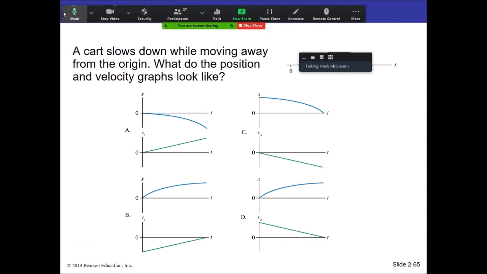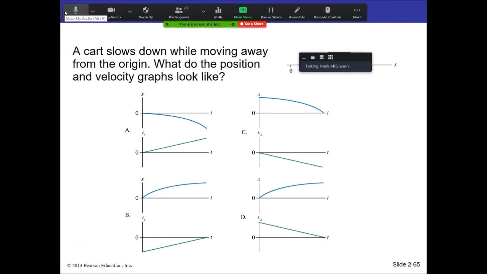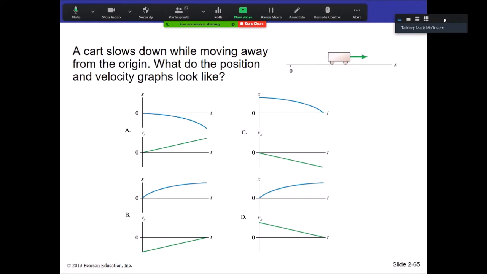First few questions are just kind of reviewing. Hey, what do you remember what we just did here? We have a cart that is slowing down while moving away from the origin. So we're moving to the right and we're slowing down. And we have 4 different position and velocity graphs here, and you want to figure out which one corresponds to